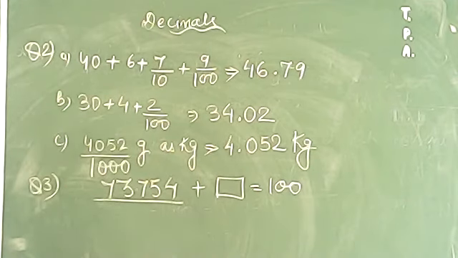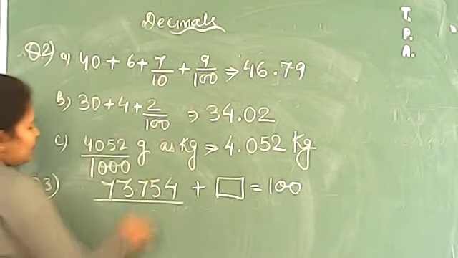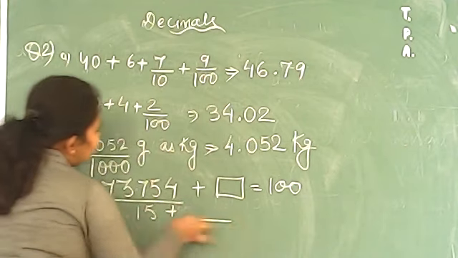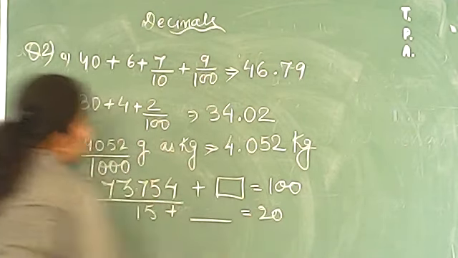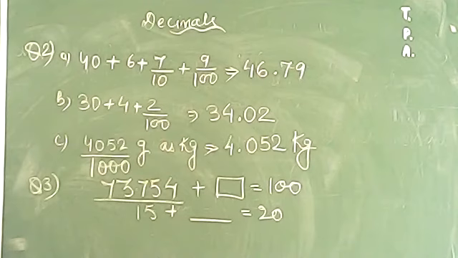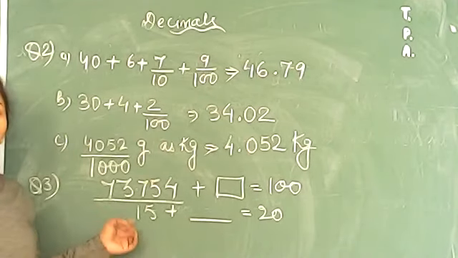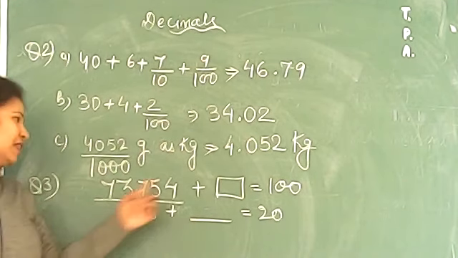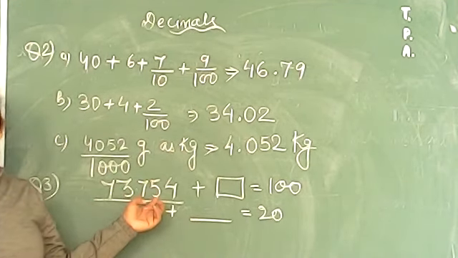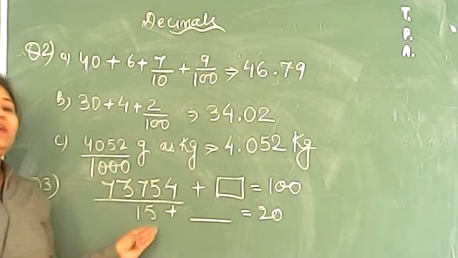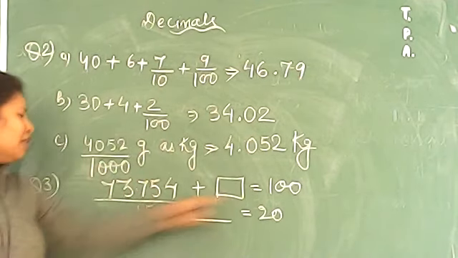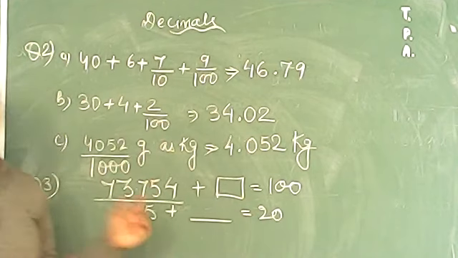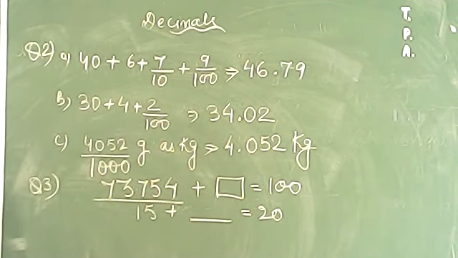So for this, beta, you can simply subtract to get the answer. Because अगर मैं आपसे पूछूं 15 में हम क्या ऐड करें, क्या इंक्रीज करें कि आंसर 20 आ जाए, तो आप सिंपली you will say that ma'am 5 you will be adding. So इसके लिए हम एक और काम कर सकते हैं, या तो हम सोच करके आंसर लिख दें, but इतना बड़ा नंबर है in the form of decimal which will be difficult to do that. So you can simply have the subtraction part of it. You can see 20 में से if you subtract 15, you will simply have 5. ठीक है, so आप चाहो तो इसको डायरेक्ट सब्ट्रैक्शन करके भी कर सकते हैं.